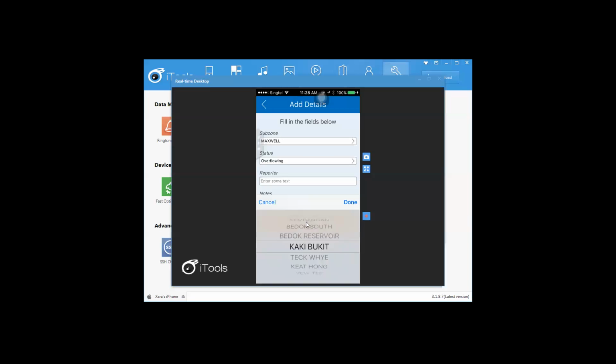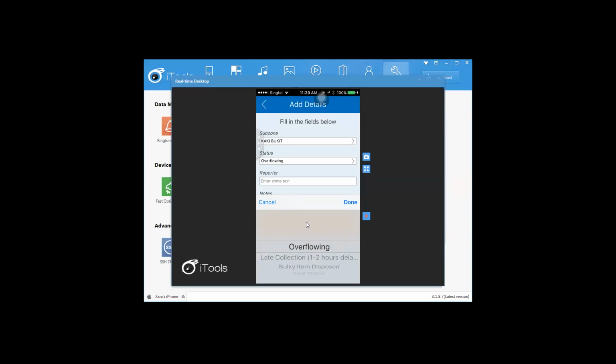So let's use Kakibukit. Now, next up for the status, as you can see, we have the same 4 types of complaints, usually gathered from the clients. So this time I will be using overflowing for this particular report.